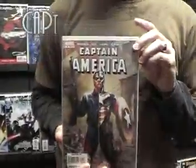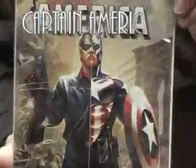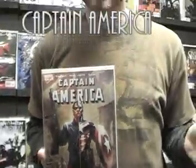What I am happy about, Ed Brubaker's Captain America, of course. Number 43. We've jumped forward in time. The whole death of Captain America story is behind us. There's still a little Steve Rogers in the back. Obviously, he was so instrumental to creating Bucky, but